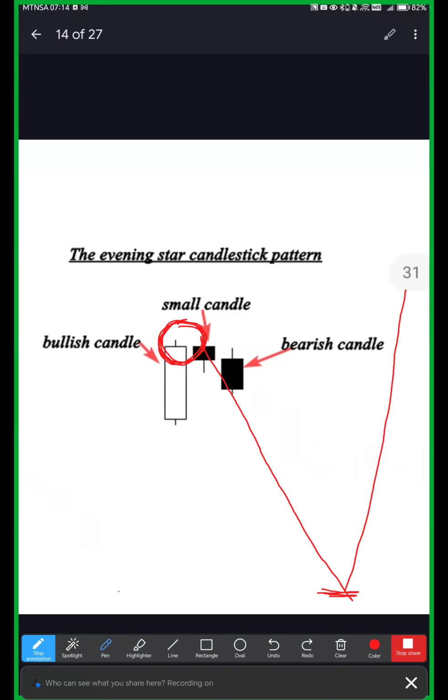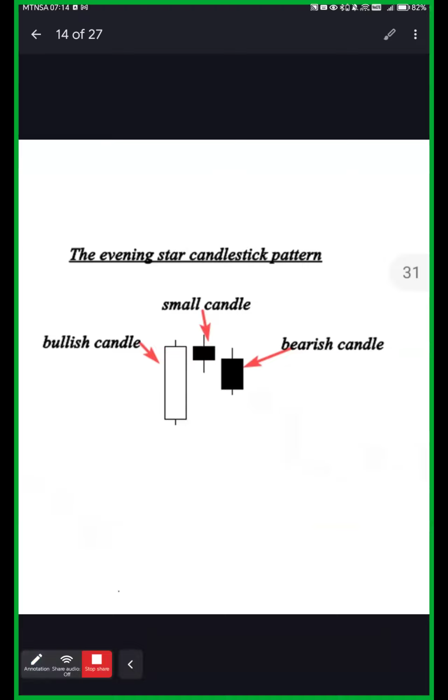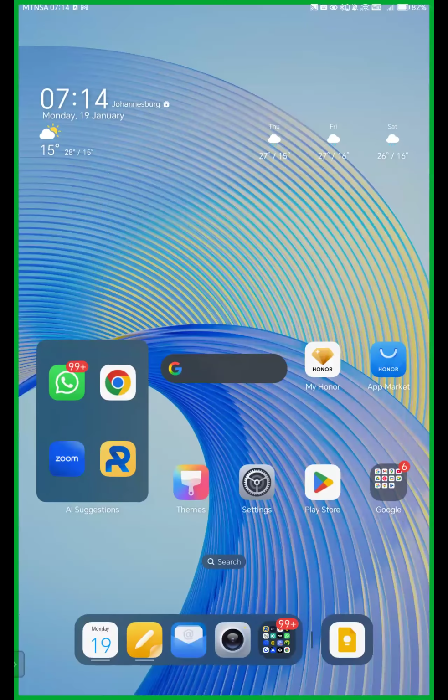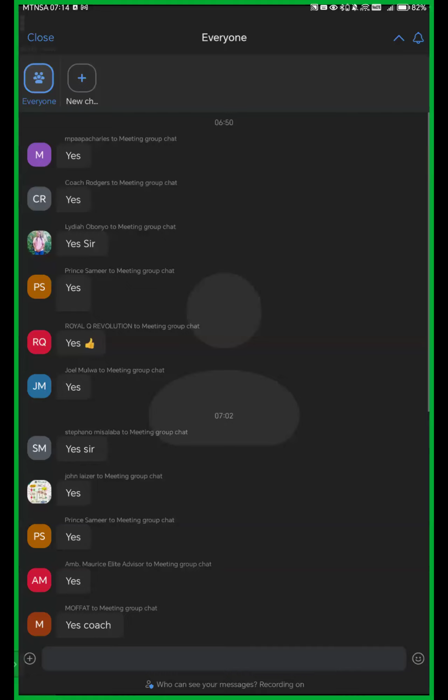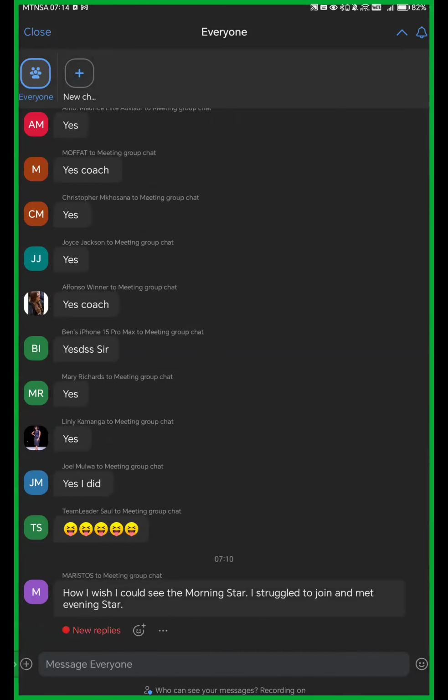That's why we are teaching you these skills so that you are able to trade with discipline. So this is an evening star chart pattern. I'm trying to simplify your trading experience. Okay? We are not being more technical. Are we okay on the evening star chart pattern?